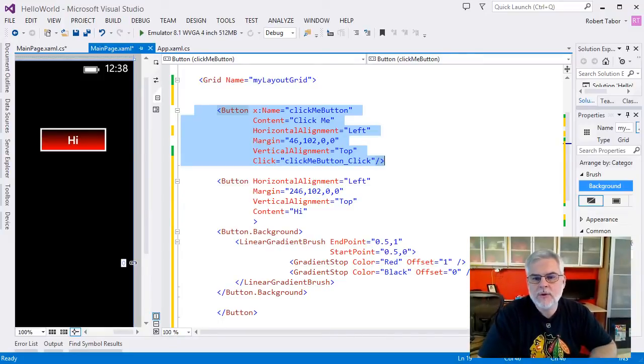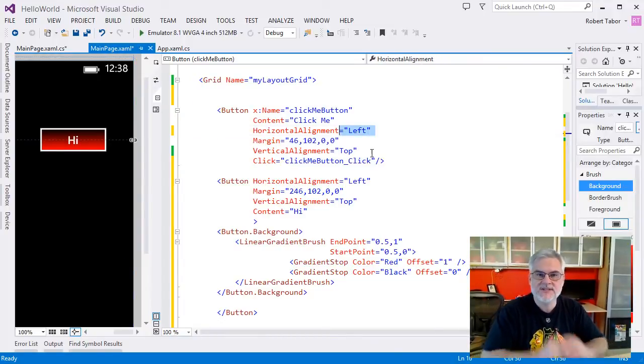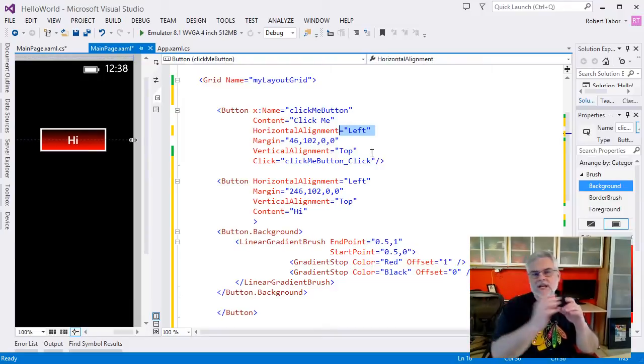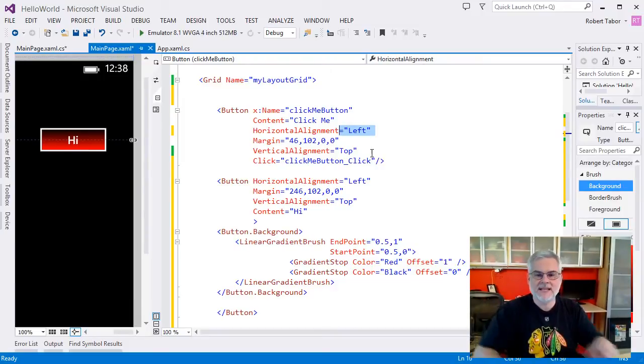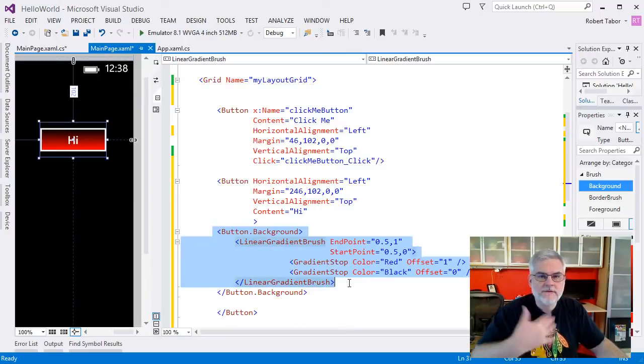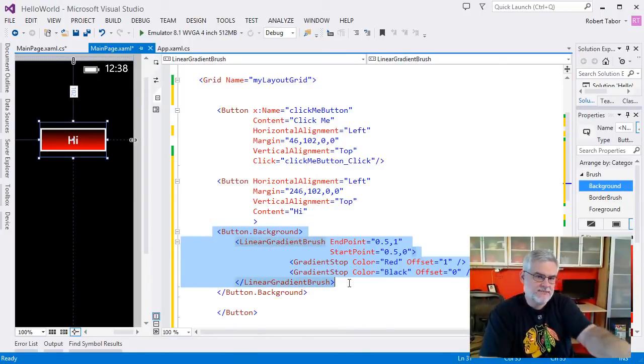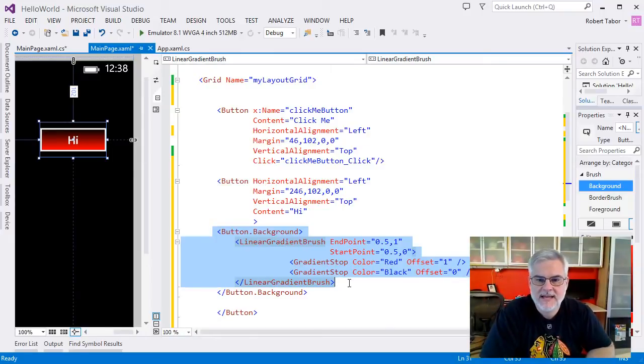Third, XAML requires less code due to its built-in features like property type converters, allowing us to just use literal strings instead of the full class name, including all of the namespaces that lead up to that class or that enumeration. And it allows us to do things like we saw here with default properties and to infer certain things about our object graph that we don't have to define explicitly, like we just talked about here near the end,